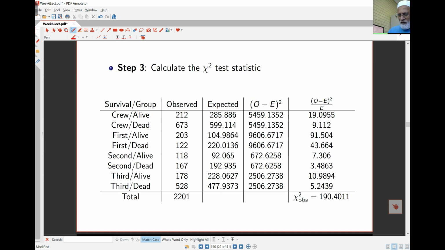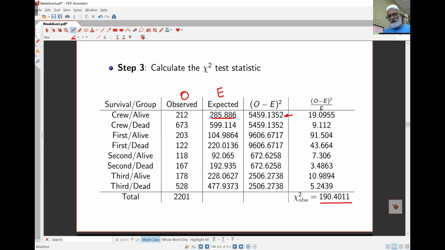The formula for the chi-squared test is the observed minus expected. So there's my observed minus expected, observed minus expected squared divided by expected. So this is how these numbers arise. You can check each of the numbers over here. This is observed minus expected squared, and you're going to divide by the expected, which is this number here. Then I add them all up. So my chi-squared observed here comes to